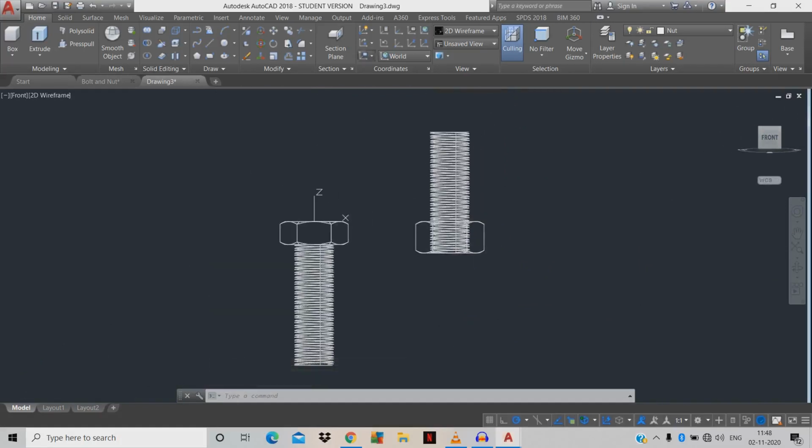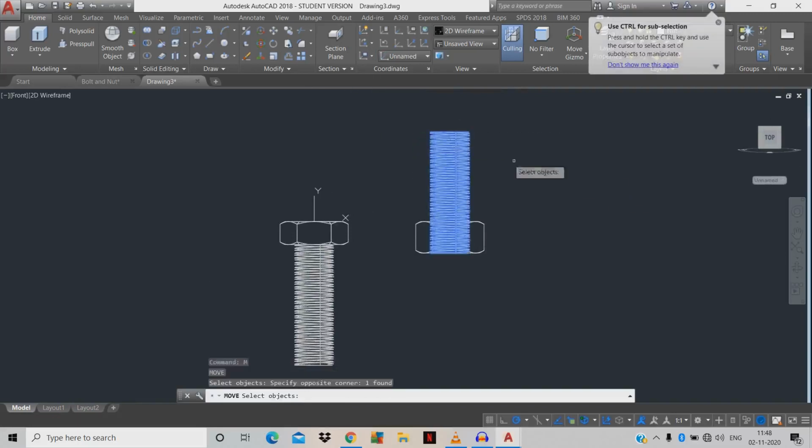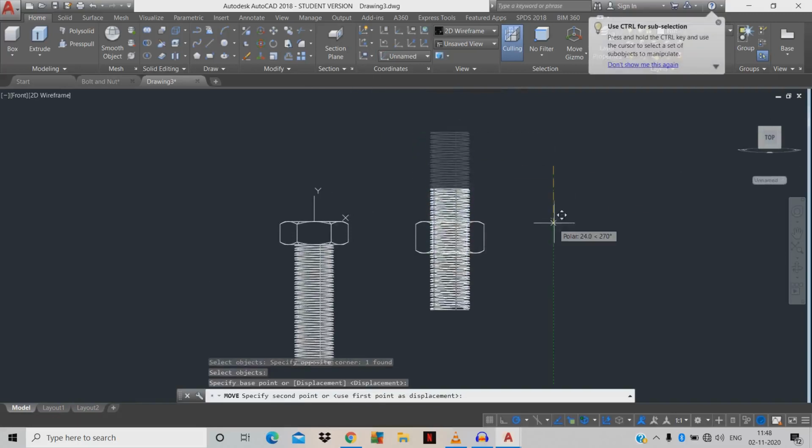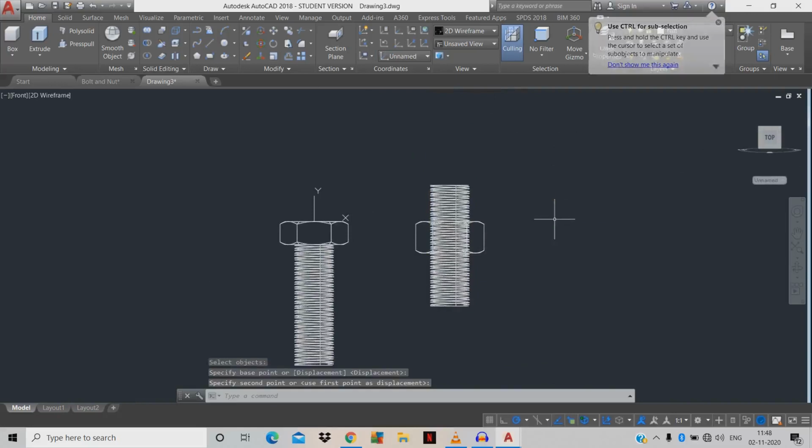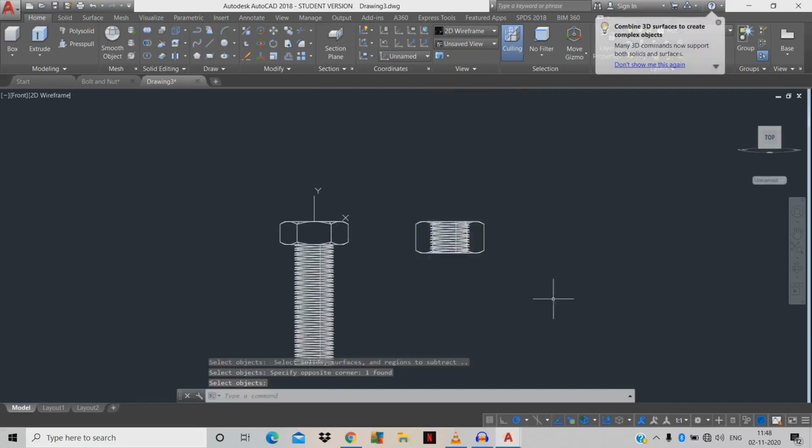Now change to XY axis, M space, pick the object space, move downward to some particular length. Now we're going to use subtract. Click the object space, click the thread over here space. Now the thread has appeared.